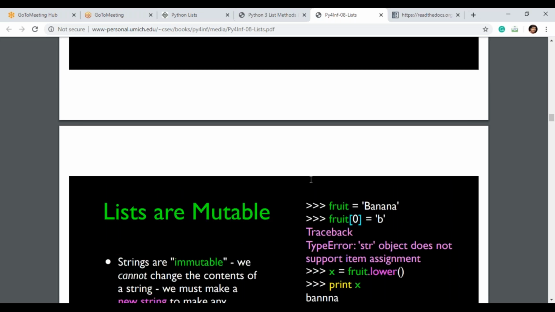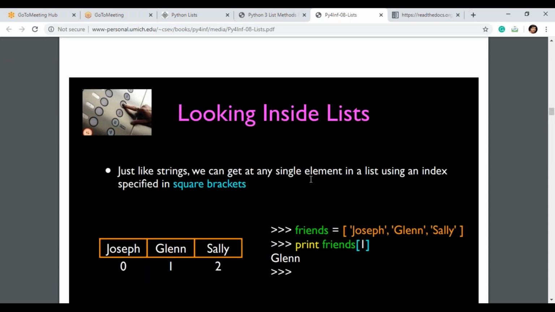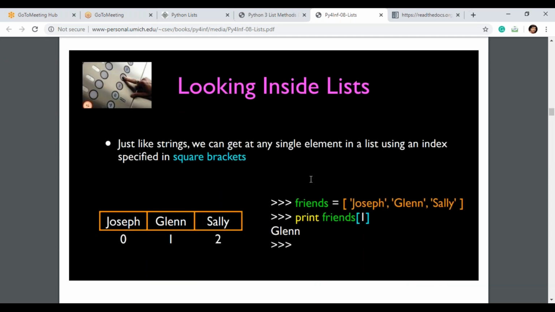Next, looking inside the list of strings, we can get any single element in a list using a specific index in square braces. Using an indexer, for example, Joseph is index 0, Glenn is index 1, Saleh is index 2.